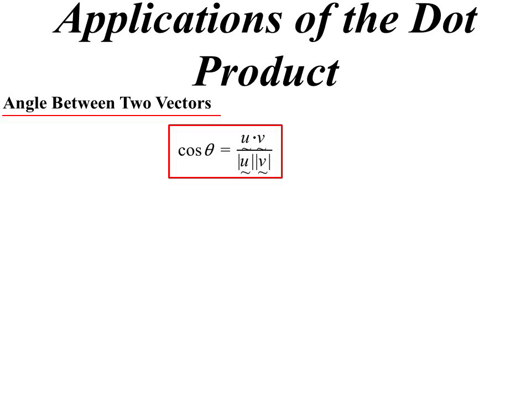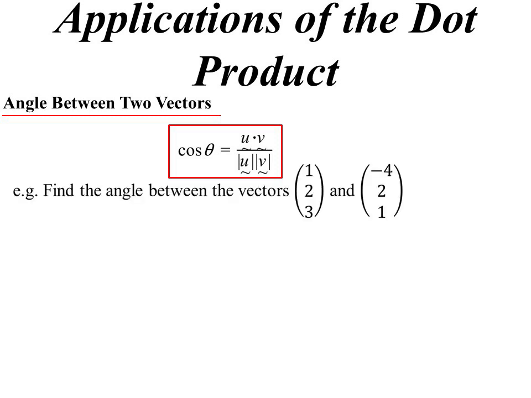Let's look at some applications of the dot product. One of the applications we saw in 2 dimensions, and it's true in any dimensions, is the angle between 2 vectors. And that's just a rearrangement of our dot product formula. Now, it's the angle we want to find. We make cos theta the subject, and we get u dot v over the magnitude of u times the